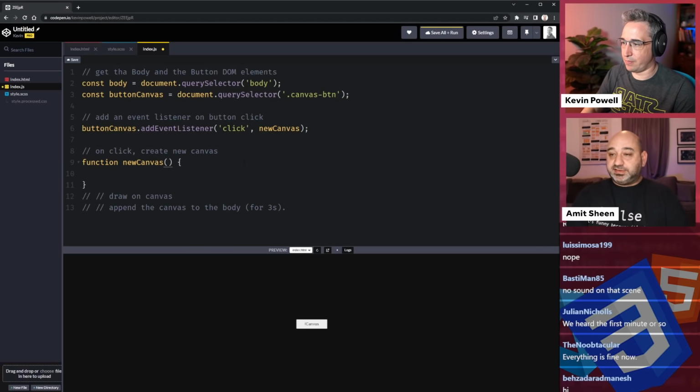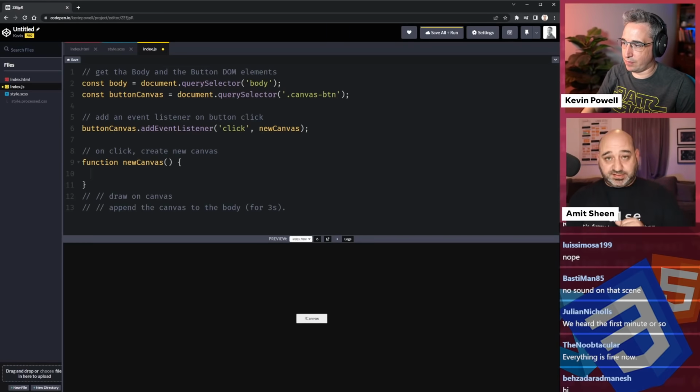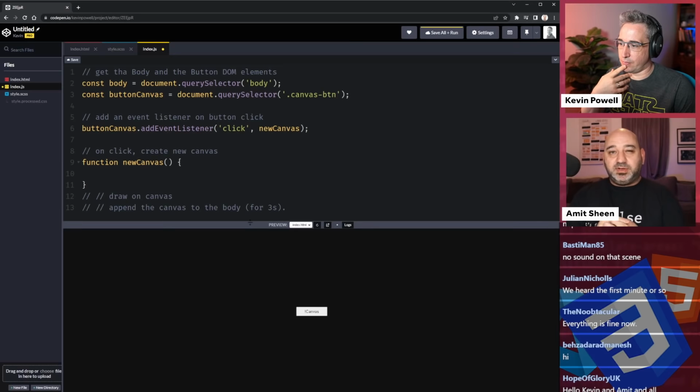Right. So we're going to need to do a few things inside of this function. We need to create the canvas, and we're going to give it a size and a random position. And then we're going to need to draw on the canvas and then append the canvas on the body. But before we start, because we're going to do some generative things, we're going to need a couple of very